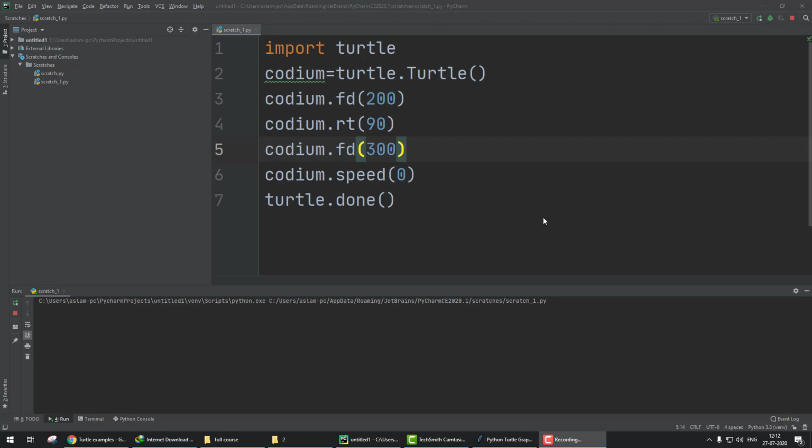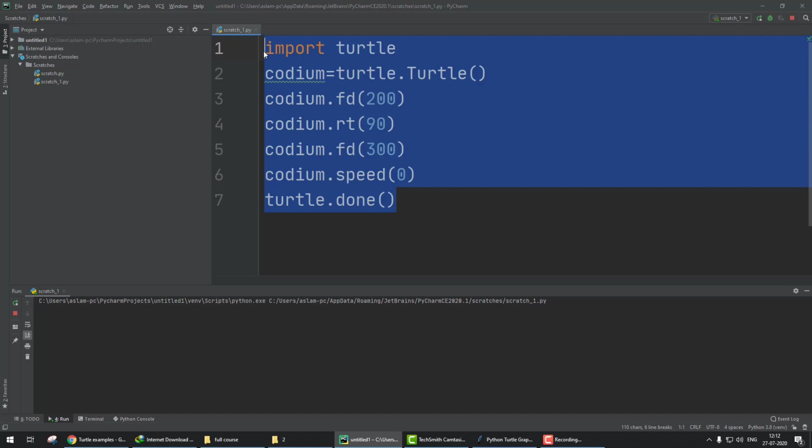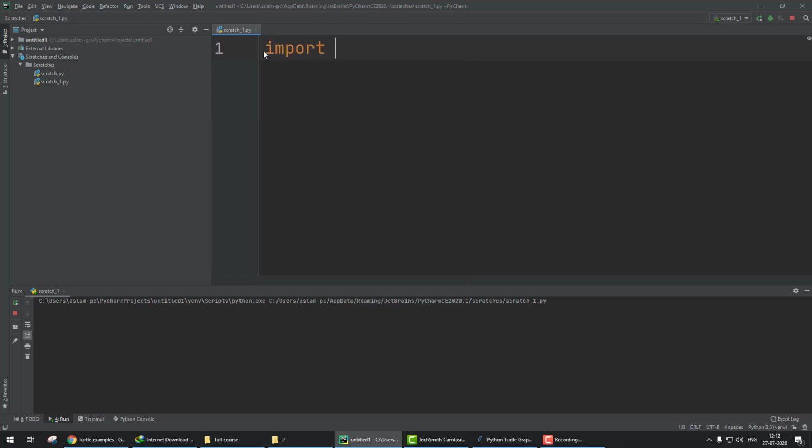You know how to draw a line with the turtle module. Now we have to learn how to create a square with Codium, with the turtle module. So what we do, we remove all this. The first step is import turtle. The second step is name the turtle. So we name Codium dot turtle turtle. The first turtle is small t and the next turtle is capital T. Okay, after this what we do, Codium